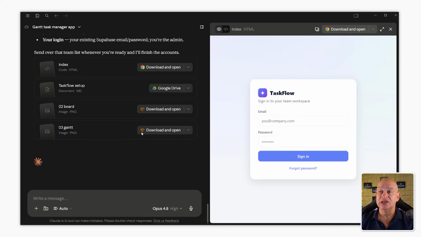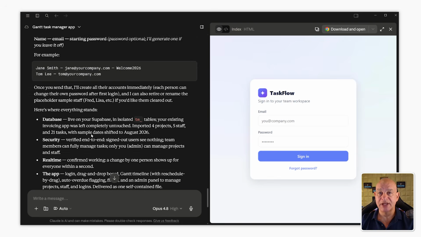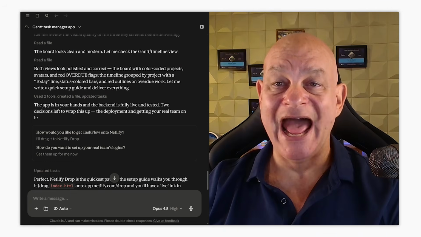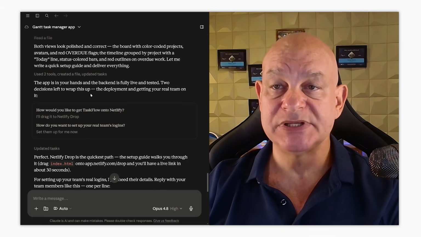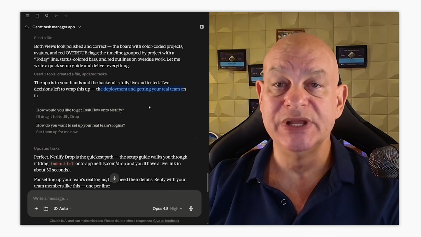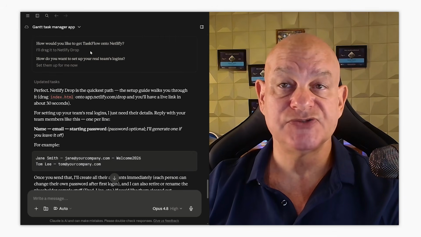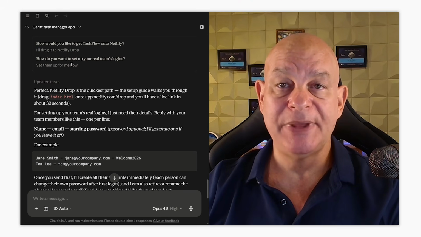So now we've got a login screen here. So let's take a look and read the instructions. So it says the app is in your hands and the backend is fully live and tested. 2 decisions to wrap this up. The deployment is getting your real team on it. So we've answered its questions as far as how we're going to drag and drop it, and it'll set